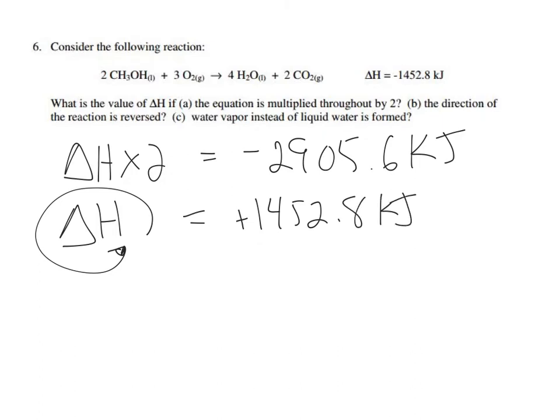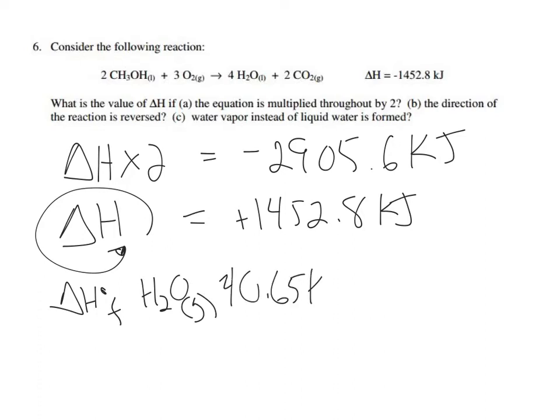1,452.8 kilojoules. And then the last tricky part here is, what if it was vapor instead of liquid water? So what if the water was a gas instead of a liquid? Well, in that case, you have to take into account that it takes more energy to produce water vapor than it does liquid water, because gas has higher energy. So we'd have to look up the standard enthalpy of vaporization of water, which happens to be 40.65 kilojoules. And then, since there's 4 moles of water in the equation, we have to multiply that by 4. And we'd find out that it's 162.6